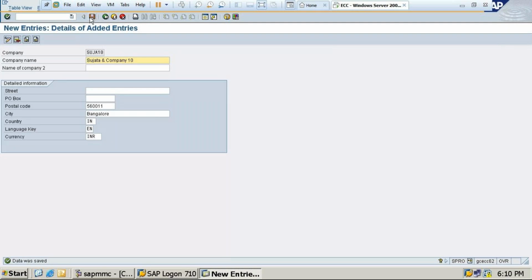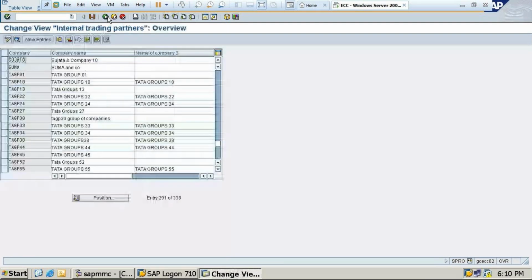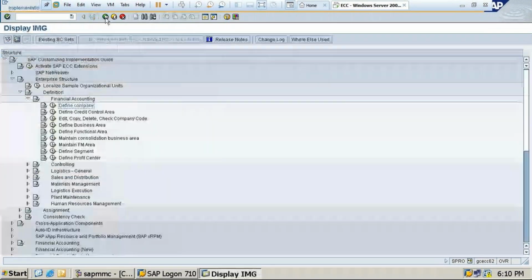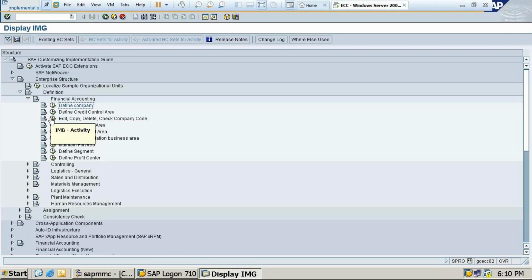So save this and back. So you can see the company has been created, right? So next we are going to create a company code.